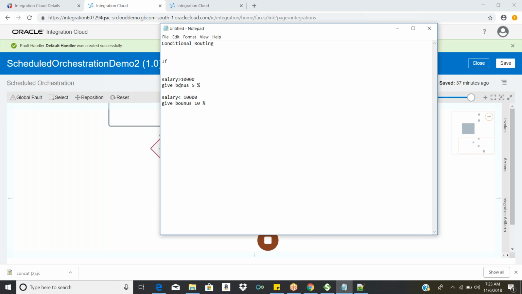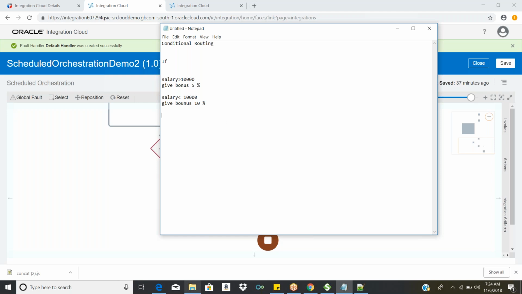So this is a kind of conditional thing. Based on the condition, I have to perform some logic. Giving the bonus is one of the operations, that's an action. If this happens, then do this action; if that happens, do that action.